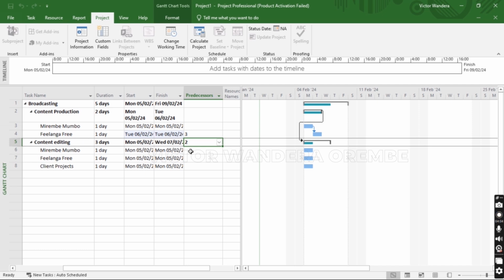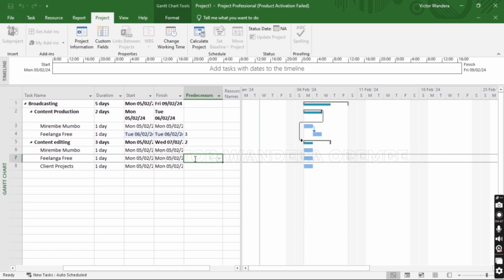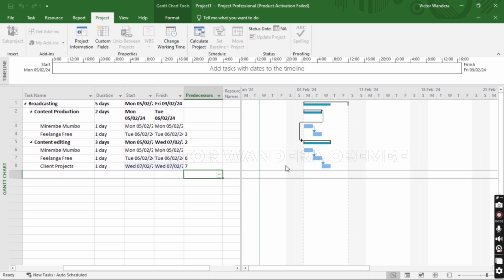The same thing can happen if I'm supposed to edit in this order: Mirembe Mumbo, then Filanga Free, then client projects. For this case, we are going to give a predecessor to Filanga Free as 6, and predecessor for client work as 7. As you can see now, the Gantt chart has already indicated that we are supposed to do